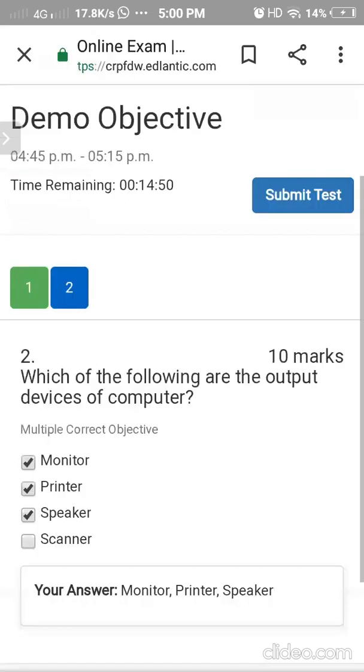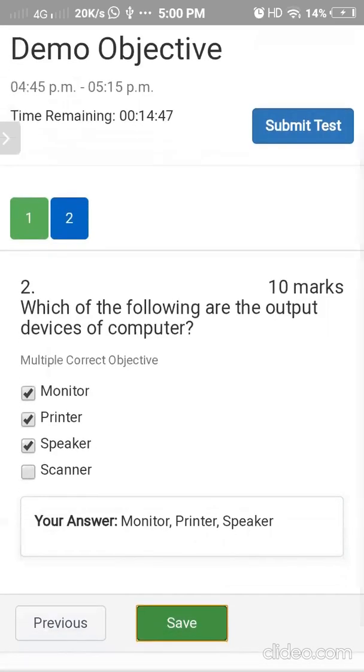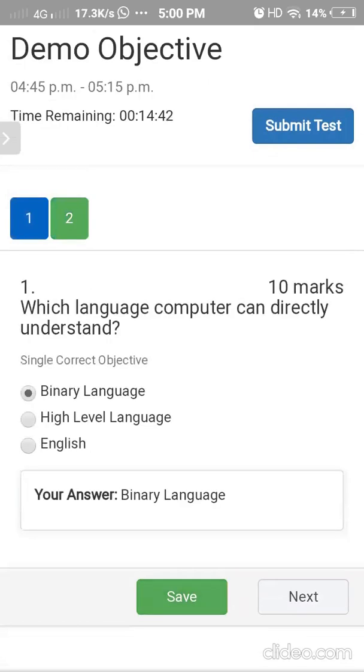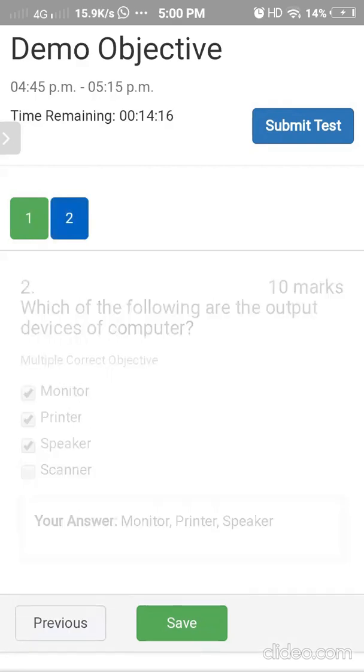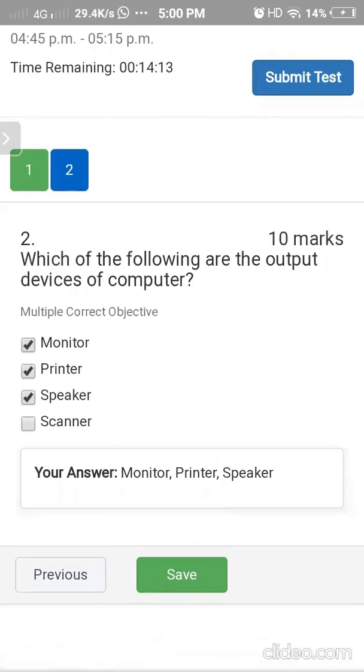Okay. Now, before clicking on the submit test button, if time is left, as I can see 14 minutes are still left, you should check all the answers. But from where do you have to check the answers? You have to check the answers not from the radio buttons or the check boxes. You have to check your answers from the text boxes which come at the end, your answer. Whatever answer is written over there is the answer you have opted for. So make sure this answer is the correct one. So in both the questions, okay, this answer is correct.